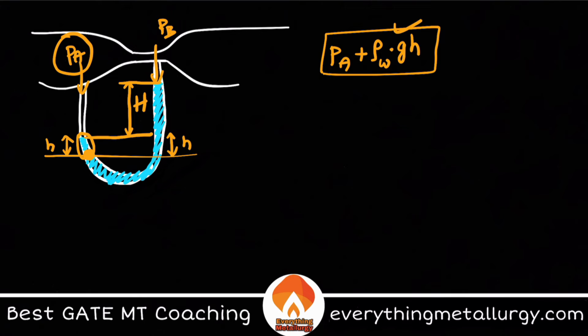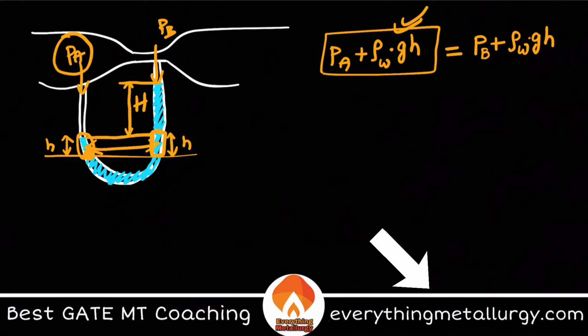So that is taken by this particular term, and this will be equal to what? On the other side we have PB plus this part, which is the same, correct? So I can write rho W G H plus, what is the other thing that we are left with? We are left with these two now.